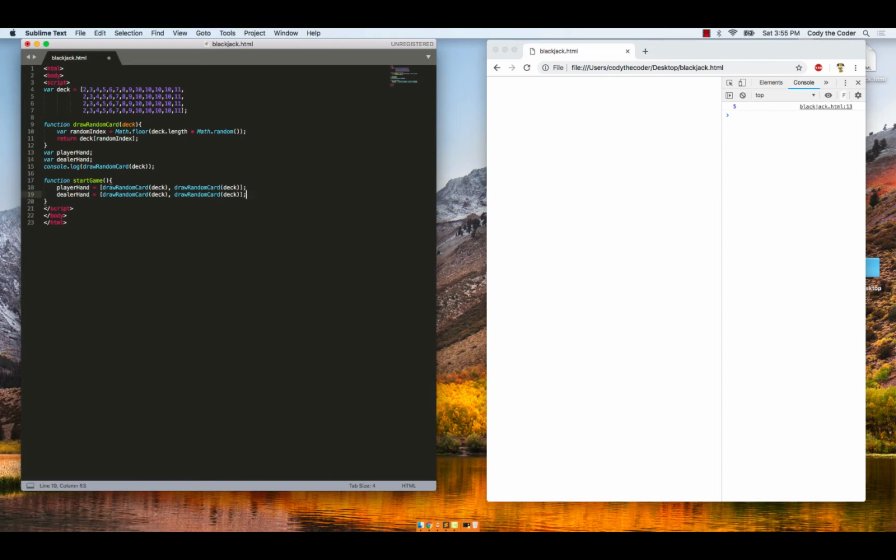So here we're drawing a random card for both the player hand and the dealer hand. So we're drawing two random cards for the player hand and the dealer hand, and now we are assigning them inside the startGame function. So if we call startGame,